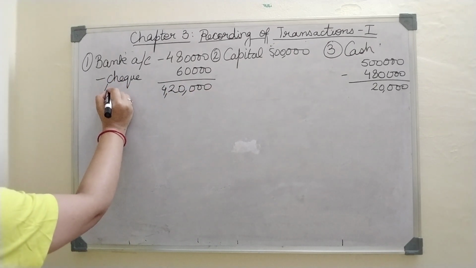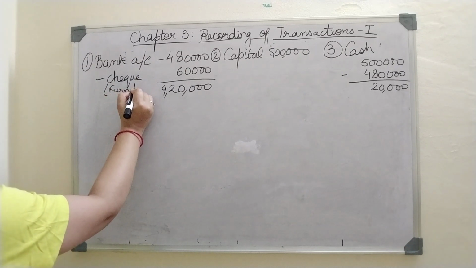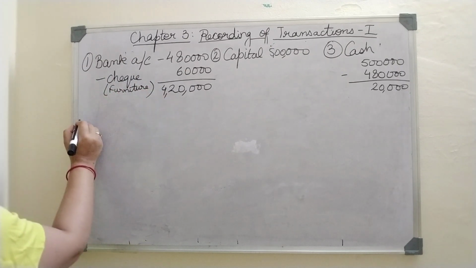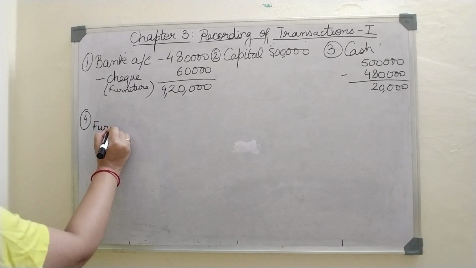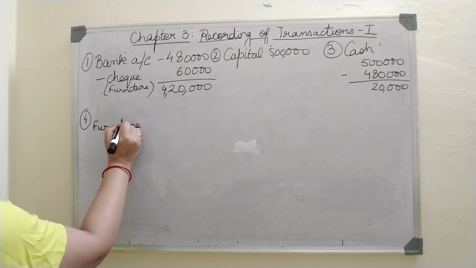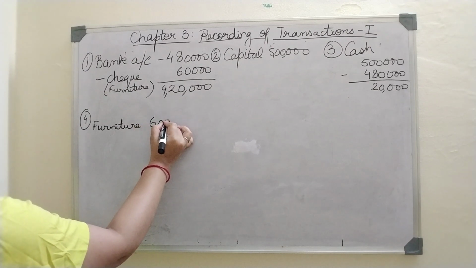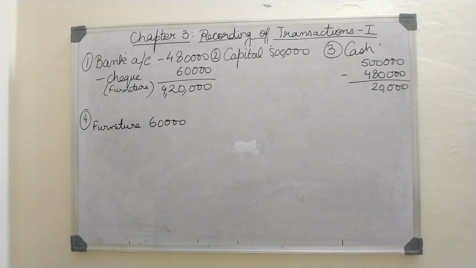Right? For furniture. Now next point, what we have got? We have got furniture for how much? 60,000. Right? Next comes bought plant and machinery for the business for 1,25,000 and an advance of 10,000 in